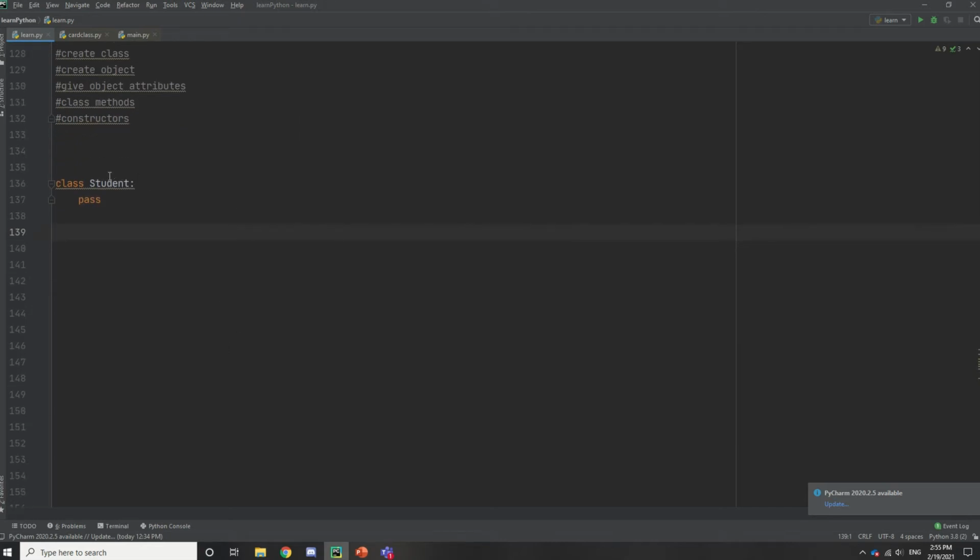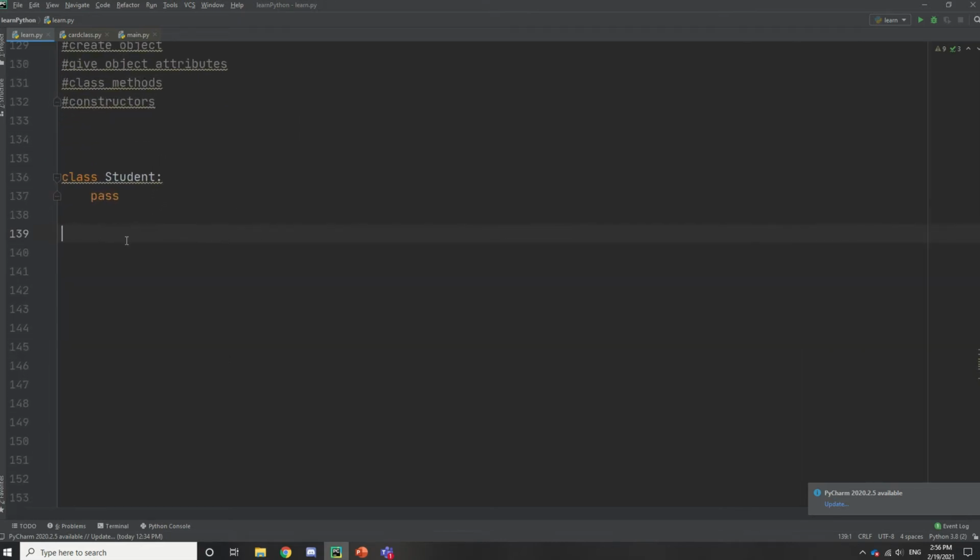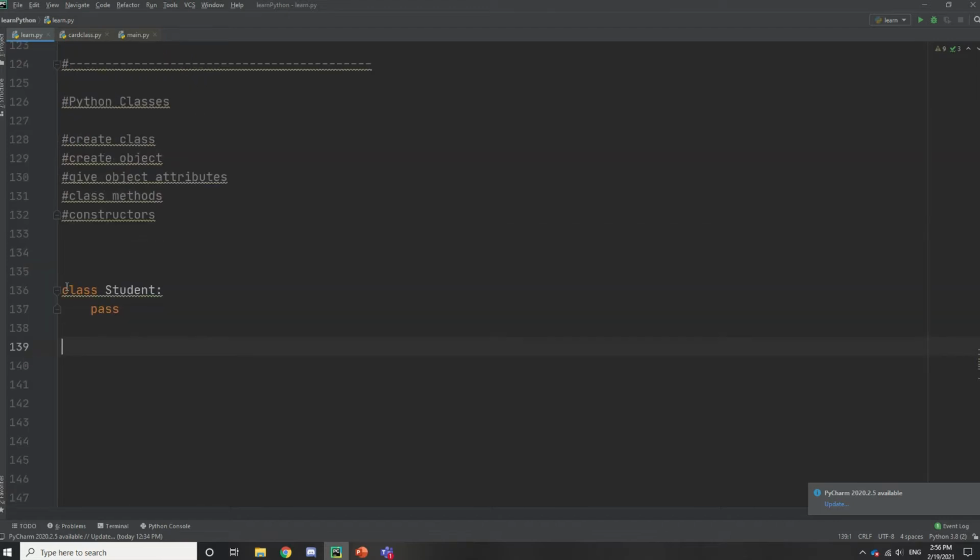Here, I'll zoom in. So first of all, we need to create a class. We need to create a blueprint for, in this case, we're not making students. We're not creating student objects. We're creating airplane objects. So for class declarations,